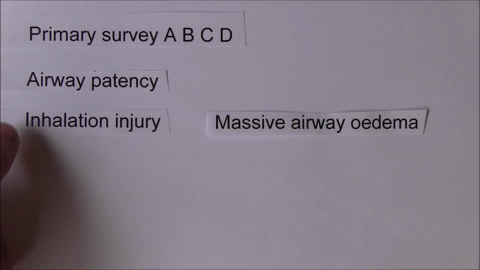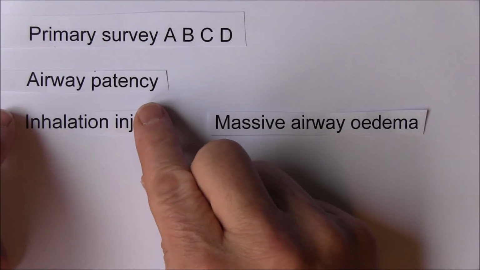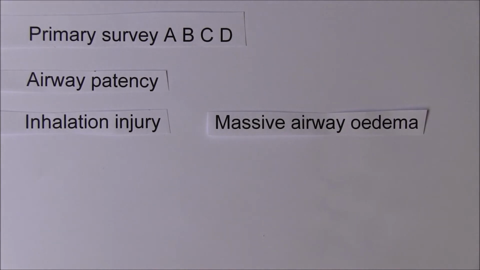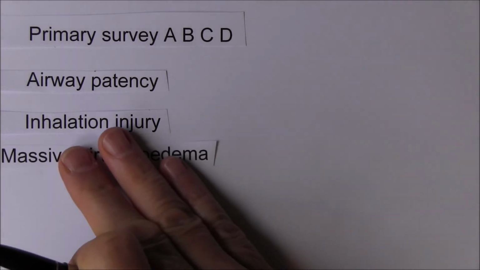So the hot gases insult the lining of the respiratory passages: inside the nasal passages, inside the oral cavity, in the pharynx, in the trachea, in the bronchioles, all throughout the airway tract. There's the potential for airway edema. And of course this is massively important because if we think about the airways,